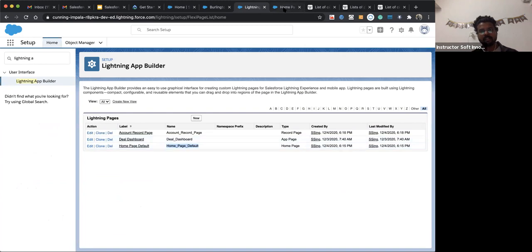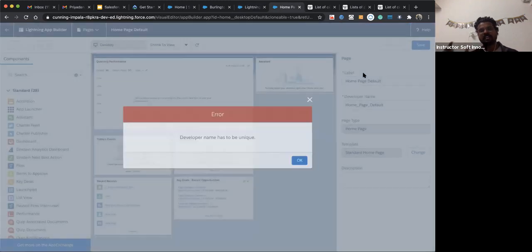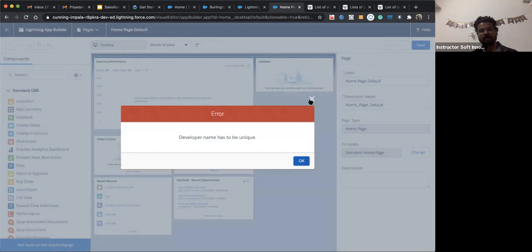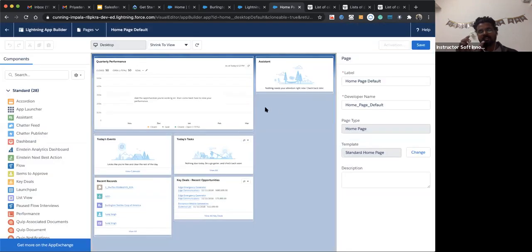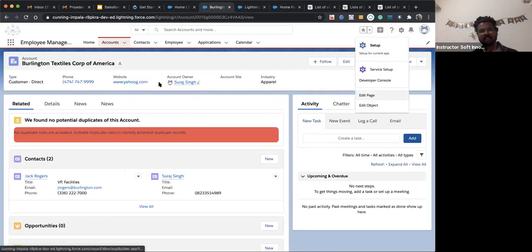Remember, whenever we hit save and click on activation, it will ask to apply as a default. So whenever we hit edit here, go and make changes, and then hit save, it will create a new page and assign that page as a default to the setting that we have chosen.